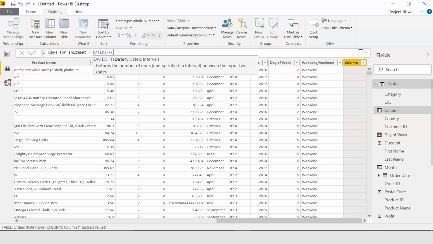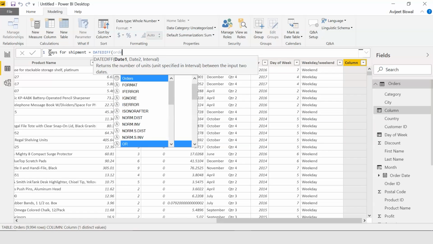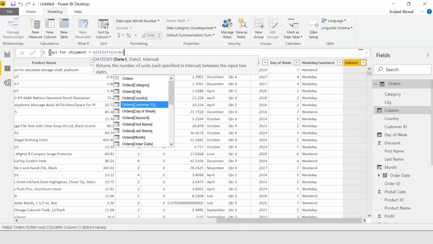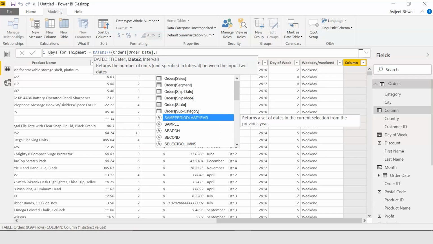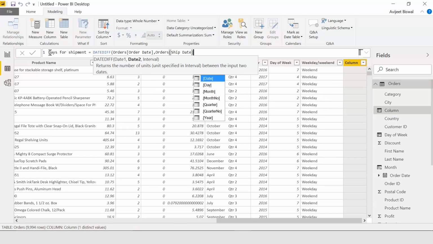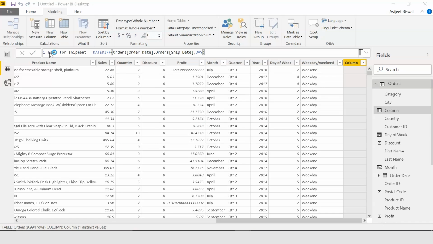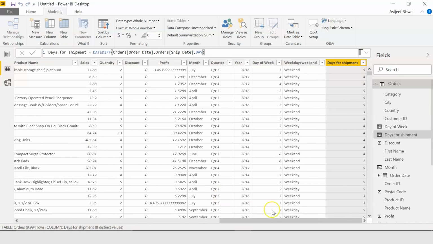I'll give my starting date, which is the order date. So I'll search for order date, followed by the second date will be our shipment date, which is ship date, and the day. I'll hit enter. So you can see here it gives us the total number of days it took for the shipment of the product.